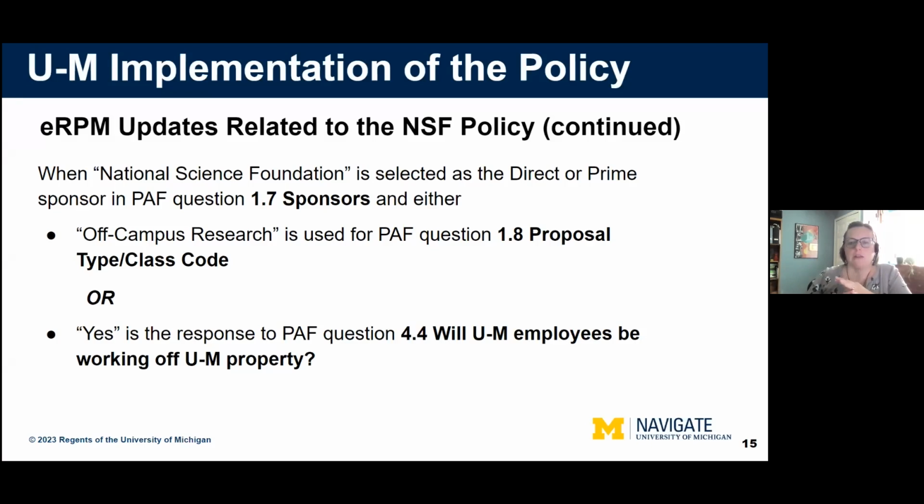So for collaborative proposals from multiple organizations, we just wanted to note that only the lead institution needs to certify to NSF, but it's still important to ask the lead, if you're not the lead, to share the plan, because your unit approver will still be asked to attest within the PAF that the plan exists at proposal time.